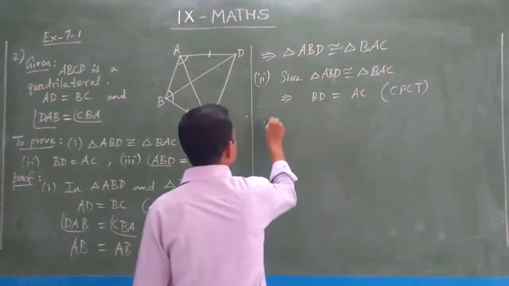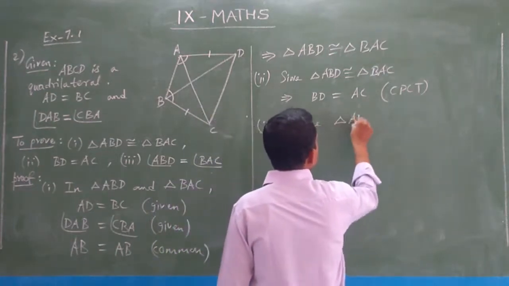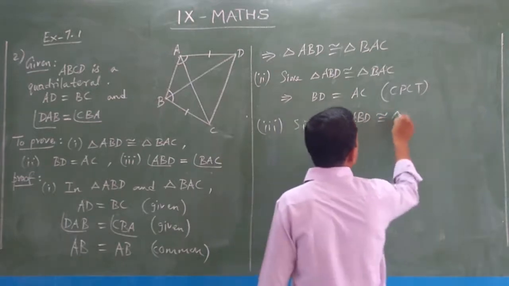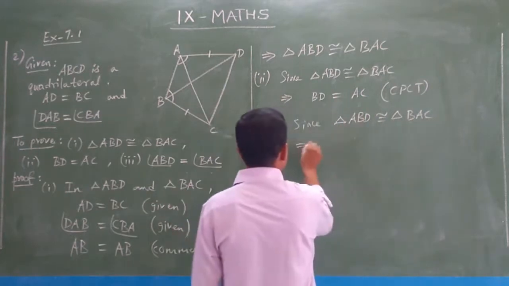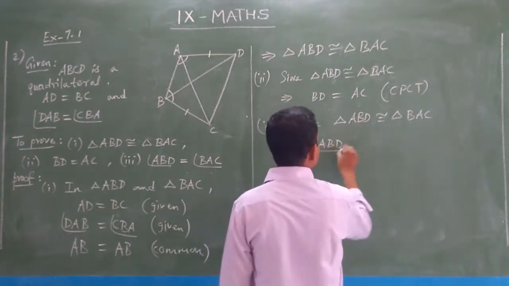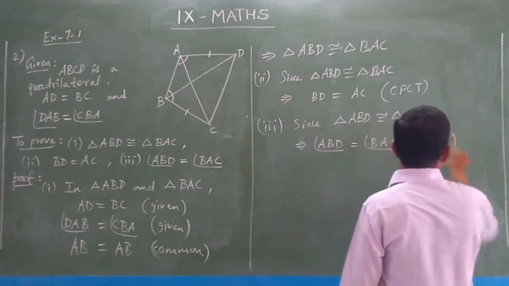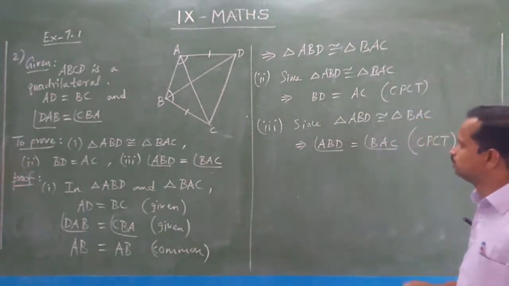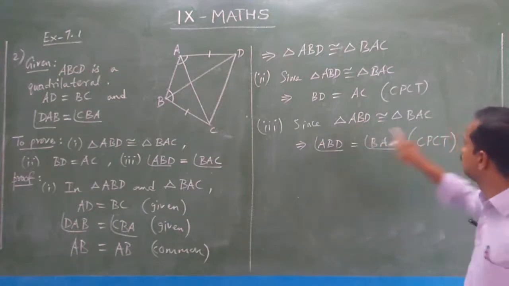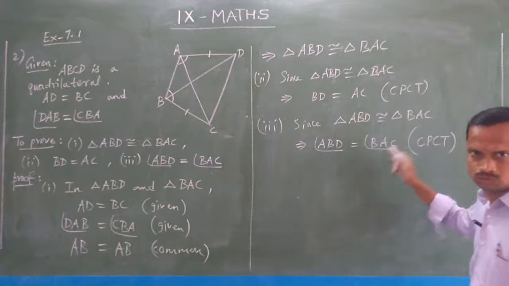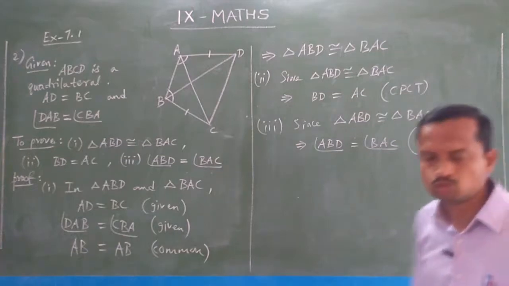And coming to option 3, it is also very easy. You have to take the same proof since these two triangles are congruent. Okay, what is that third one? This implies angle ABD is equal to angle BAC, the reason CPCT. So, since these two triangles are congruent, by CPCT we can have these two angles equal. So, angle ABD, triangle BAC, angle BAC. So, the same name. So, very easy to give the proof. Okay, that's all. We move to the next sum.